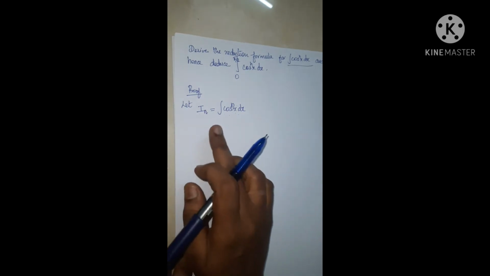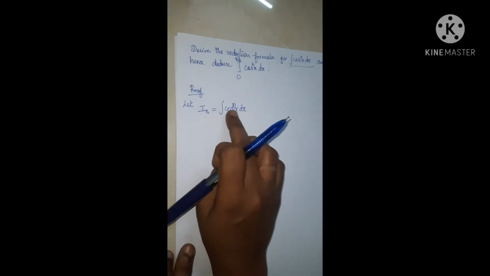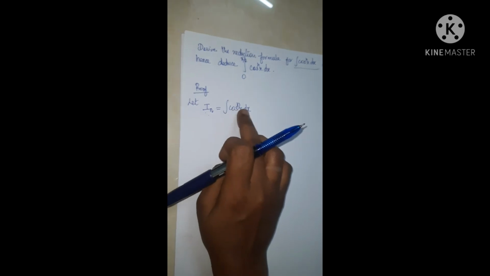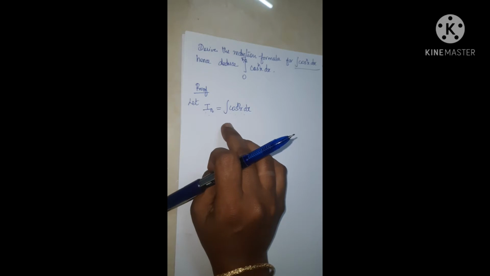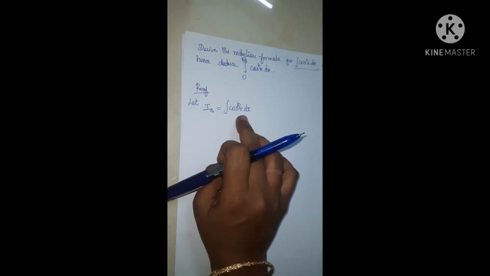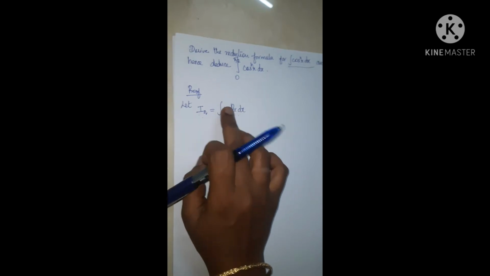Step 2, we have to apply the parts method because we have to integrate it. Whenever we go for integration, we look into the different methods available to solve an integral. To derive the reduction formula, we can use only the parts method, because the other methods, such as the substitution method, are not applicable, and the methods for algebraic functions are obviously not applicable. So we have to use the integration by parts method to find the proof.